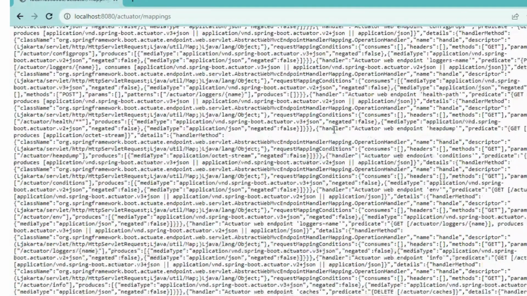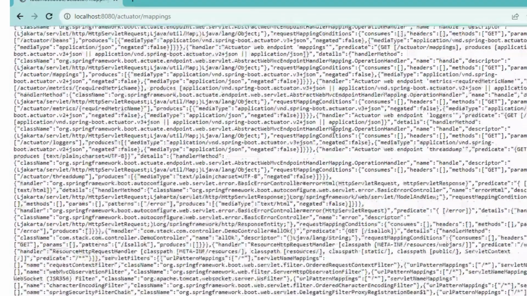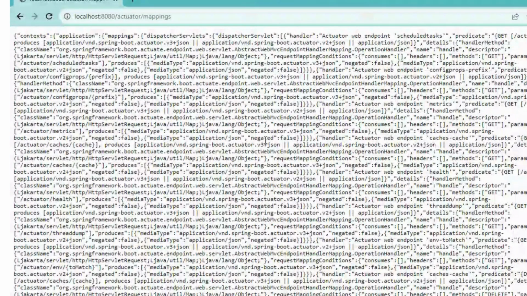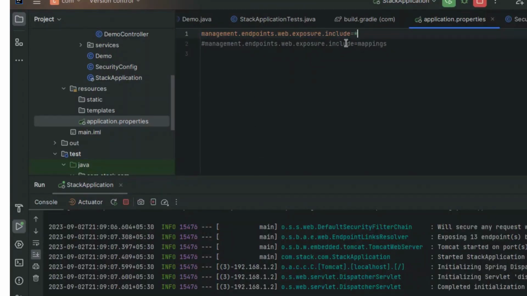Here all the mappings start coming, regarding the servlet requests and everything. And if you just want to expose the loggers, say, okay, I want health and loggers only, and I don't want to expose the others, then you can comment out this property